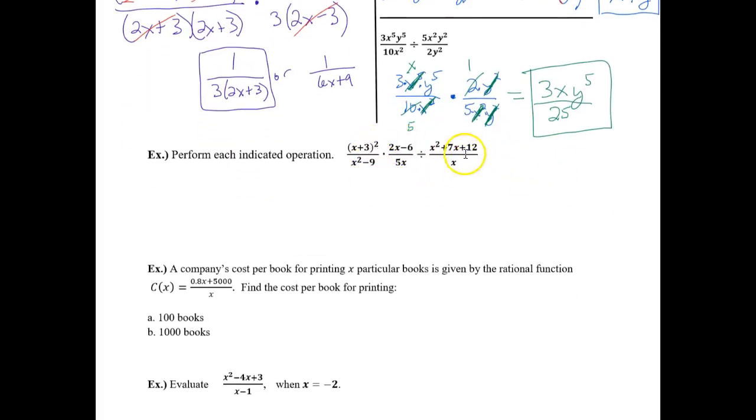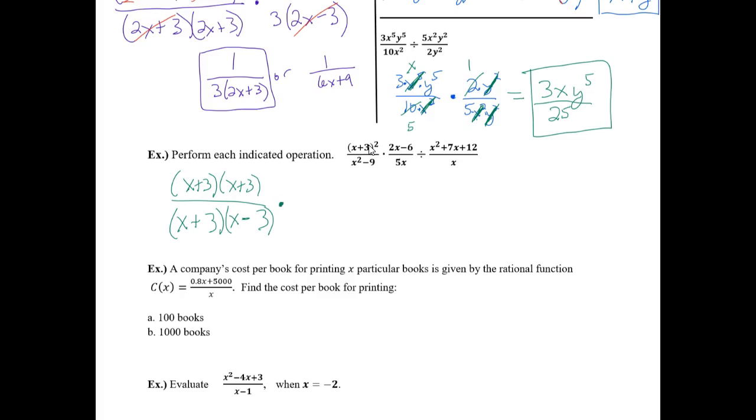Alright, one more. We've got a lot going on here, but it's the same idea. In this first fraction, I have x plus 3, that whole quantity squared. So I'm going to go ahead and rewrite it as x plus 3 times x plus 3. Right? That's what it means to be squared. In the denominator, I have a difference of squares. That's going to factor into conjugates. X times x would give me x squared. 3 times 3 would give me the 9, and plus and a minus to complete our conjugates,